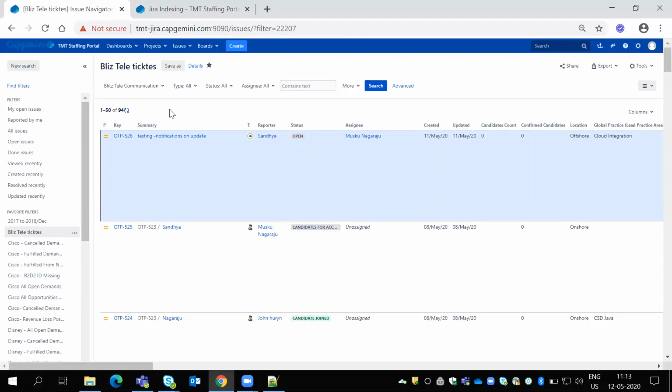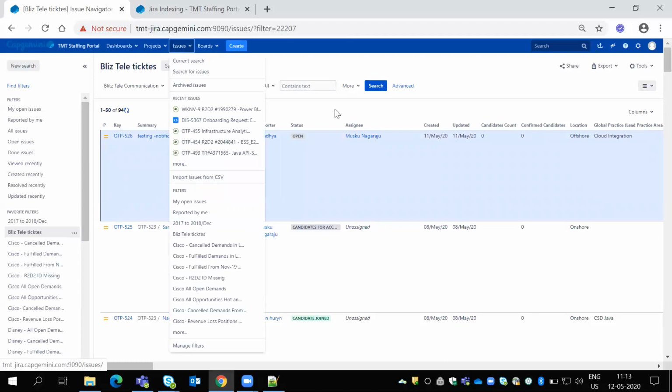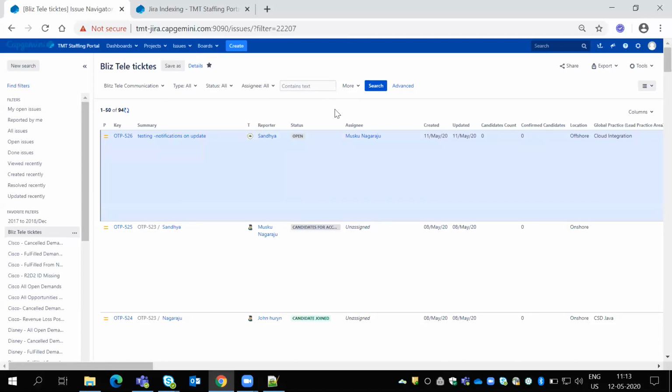So this is not only administrative work, users can also write their own filters. It is not completely administrative work, but we need to know how to write them. A user will come and ask, I want to capture this, I want to filter this. At that time we need to explain how to write a filter. If higher-level people ask, you just create it for them, or else we inform them that they can write it themselves.